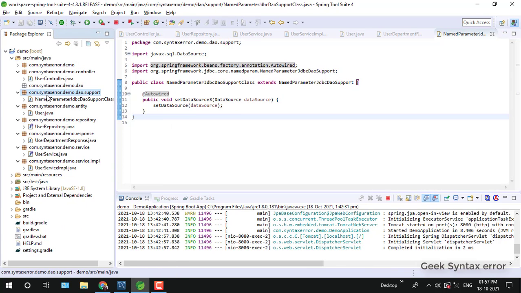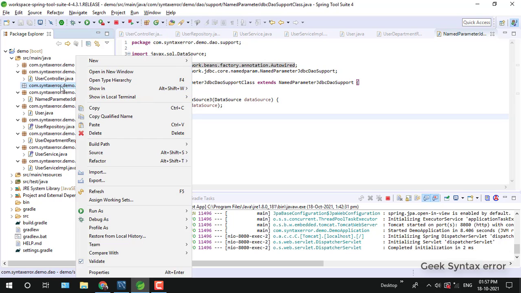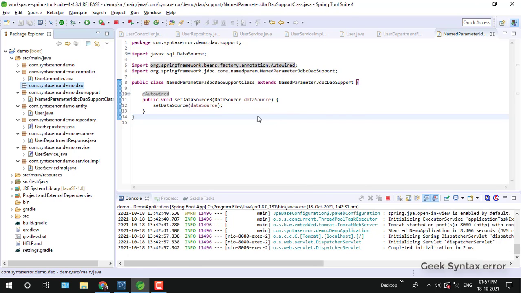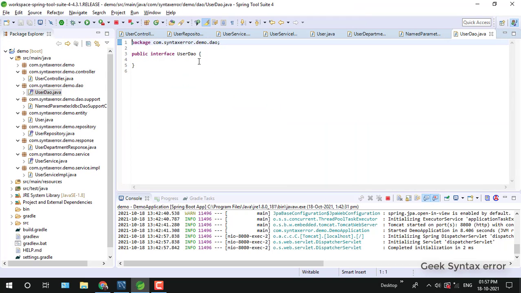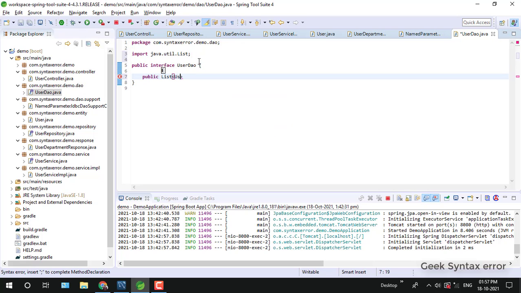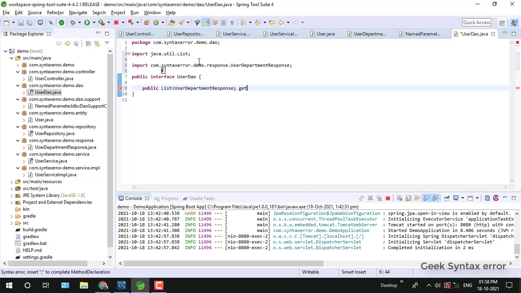So now let's create a DAO implementation class. Before that we have to create an interface, right? So in the dao package, create an interface. Just give it the name UserDao. In this DAO interface, just create a method returning a list of user department response, where we are getting the list of user department.